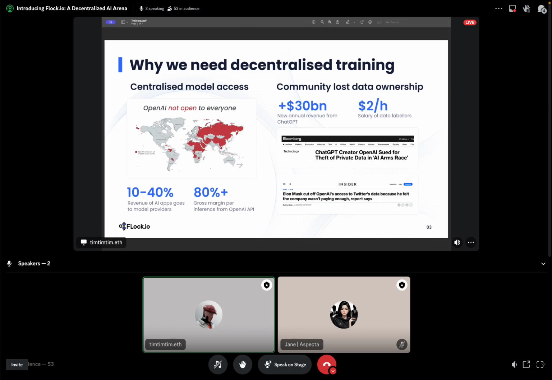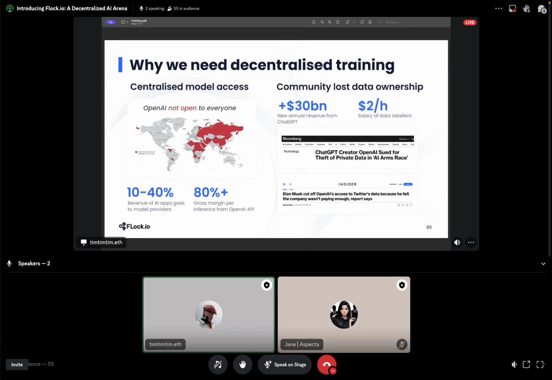For example, Russia, the majority of Africa, and also Asian countries such as China and I think Laos or Vietnam. So we want a more permissionless, trustless environment for model access, especially something you can achieve by blockchain.